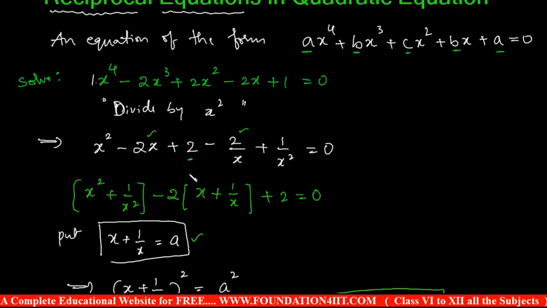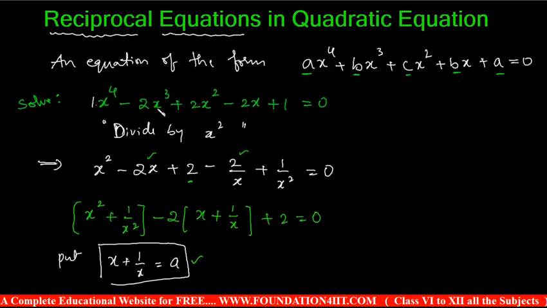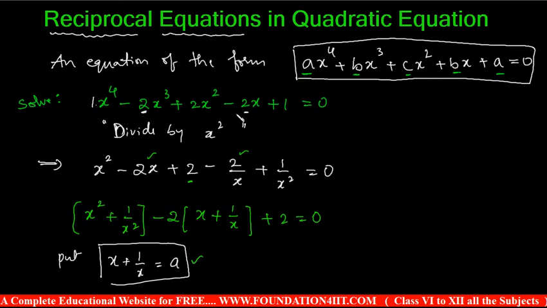This is a reciprocal equation only in such cases, where the coefficients equidistant from the ends are the same. Only in this type of equation can we use this method instead of the remaining ones. This is the reciprocal equations. Now let us see some conditions based on common roots. When the roots are common, what are the conditions we can apply? Let's discuss now.